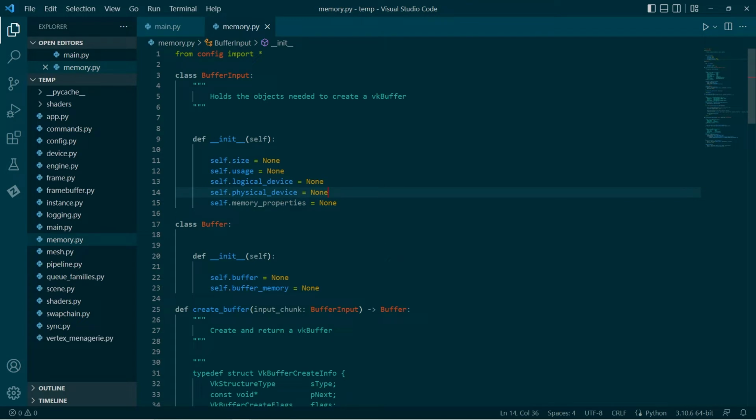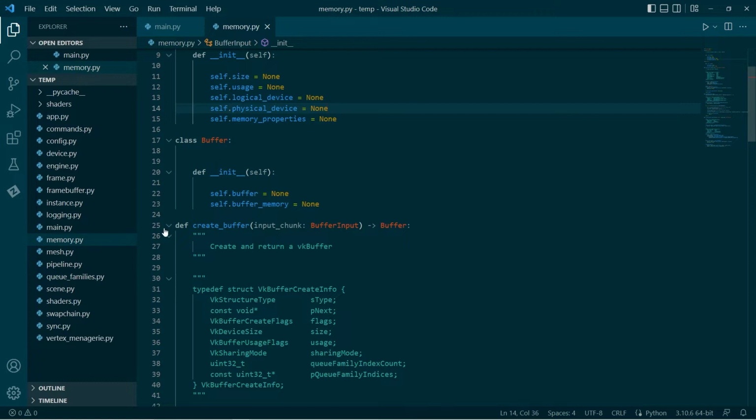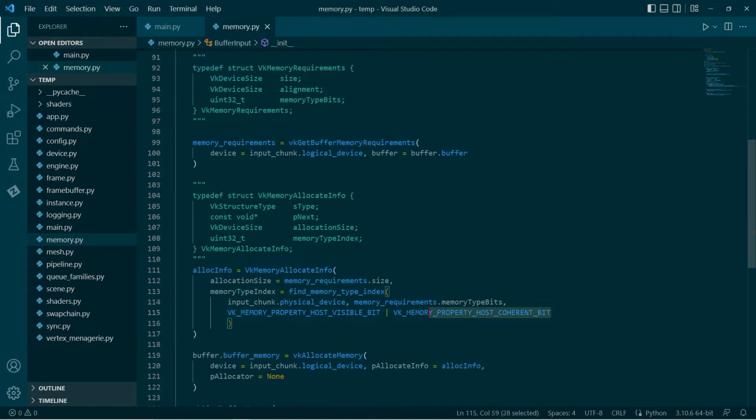And then down below, I'll just minimize a lot of this. Down below, we can request that. So this is making the function more general, so we can create pretty much a number of different types of buffers. So now we can go to the Vertex menagerie